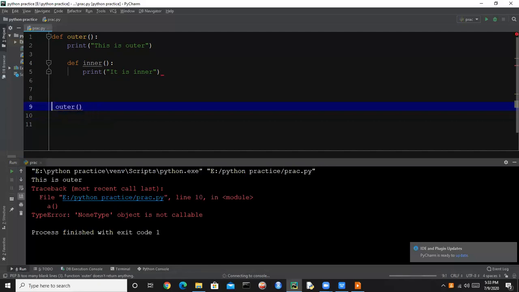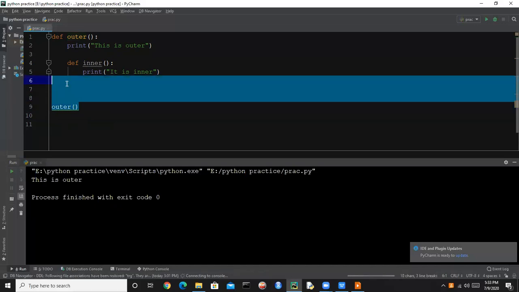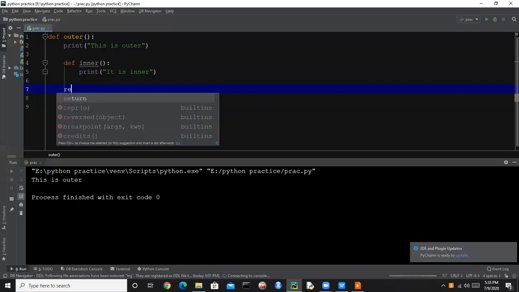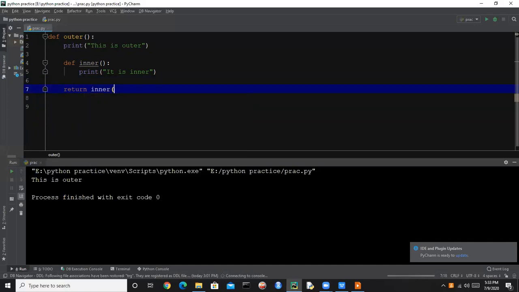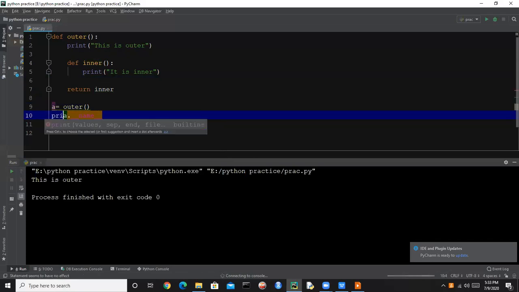Let's run this outer, and it will print this is outer as it is. So this is the concept of closures. If we print, let's say we return the function name here for closures, and assign the outer function to a, and let's print the name of the function a.